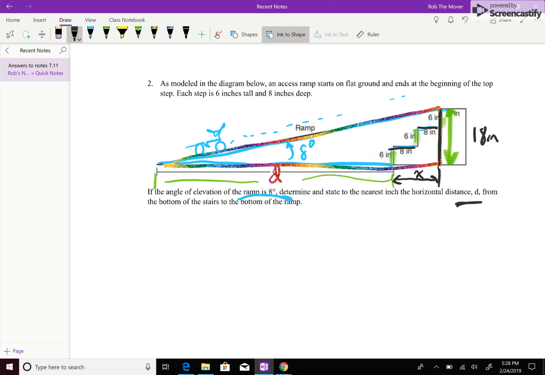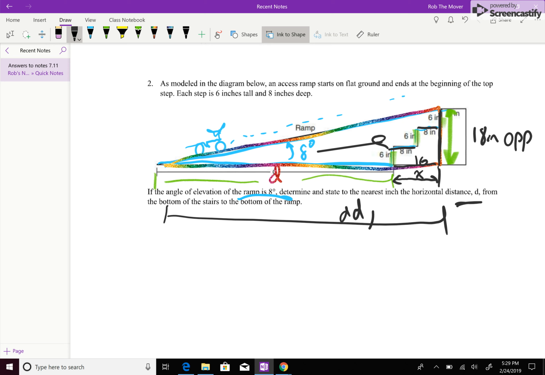It's 8 inches plus 8 inches, which is 16 inches as well. So it's 16 across here, which is x, and 18 here and 16 here. So what am I going to use? Well, it appears I have the height of this triangle, which is the opposite side of this angle, right? And I want to involve this side of the triangle, which is my adjacent side. So again, this is tangent, like it was in problem number 1. The tangent,